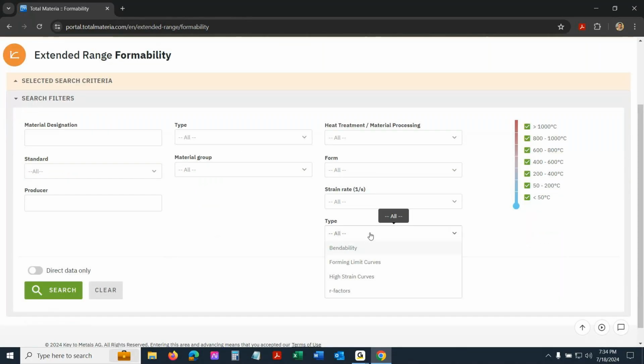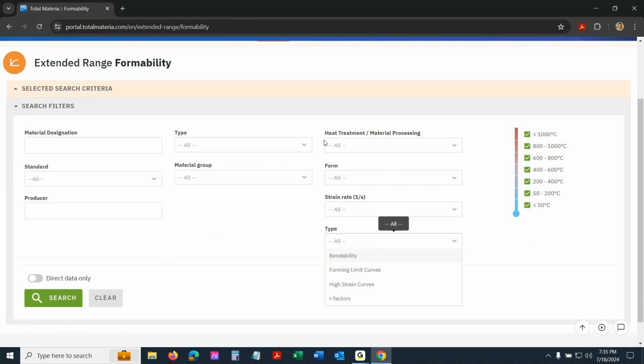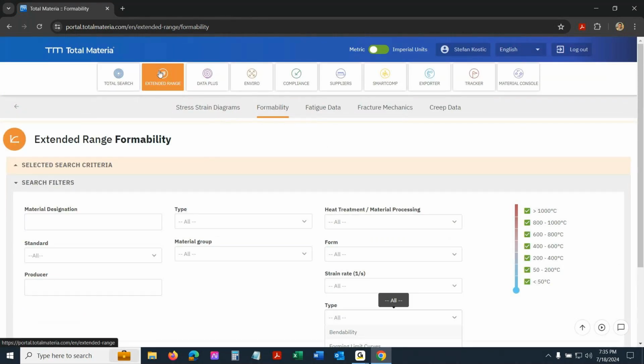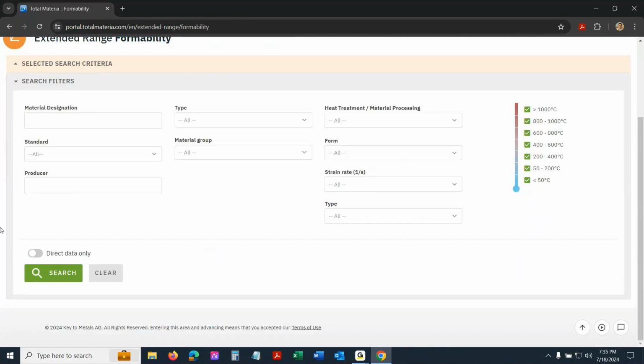Within the formability, it's mostly utilized by engineers who are working with metal sheets and FLC or R factors are quite important in those cases. So you can always just start off with the general card simply by going directly to extended range, formability, choose the parameters that you need, and then something I would like to point out is direct data or not direct data. So this is closely related to what we just went over when it comes to